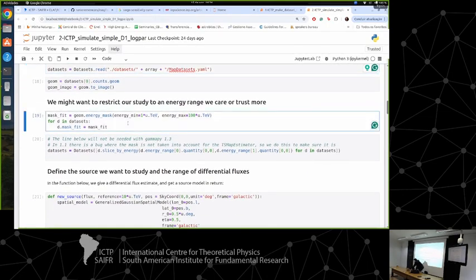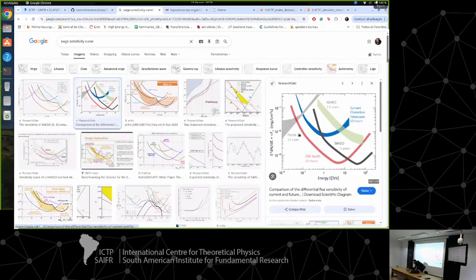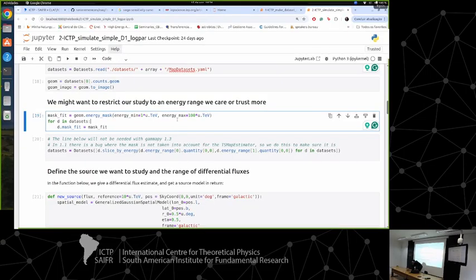Here we are restricting the analysis from 1 to 100 TeV, and this may be very useful when we are dealing with real data because the sensitivity of SWGO basically starts at 1 TeV. So we restrict our analysis from 1 TeV to 100 TeV,